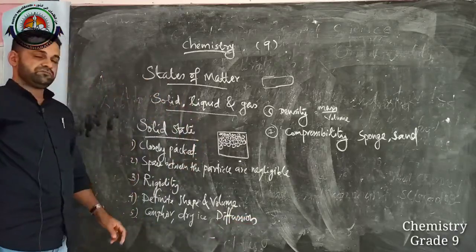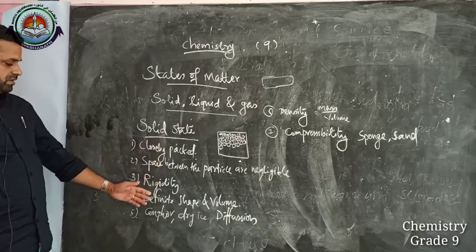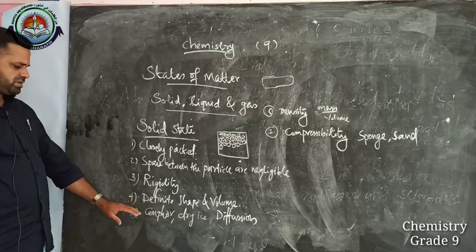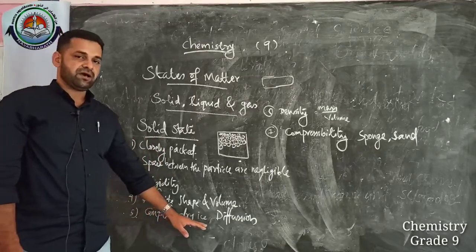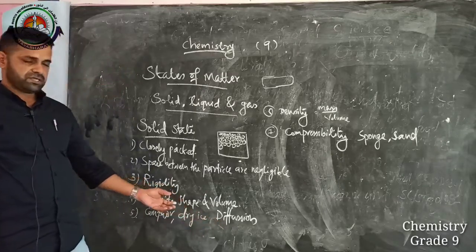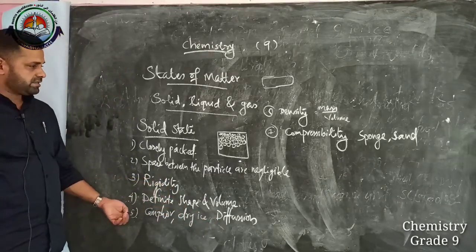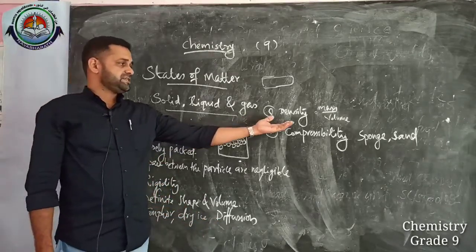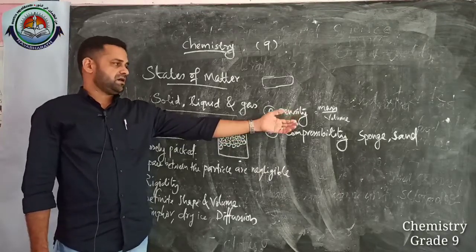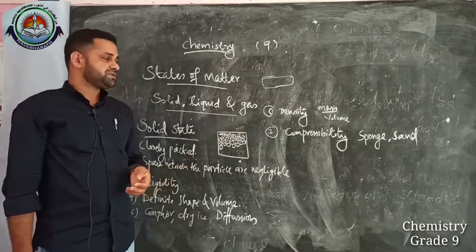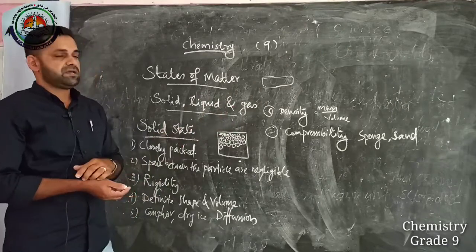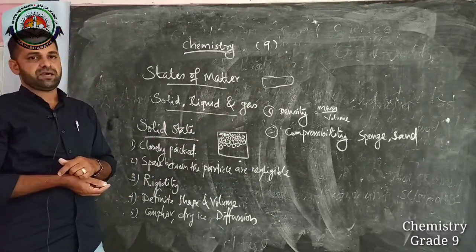Diffusion is very less in the case of solids, but some solids like camphor and dry ice show some diffusion. Their density is high, and they are less compressible,